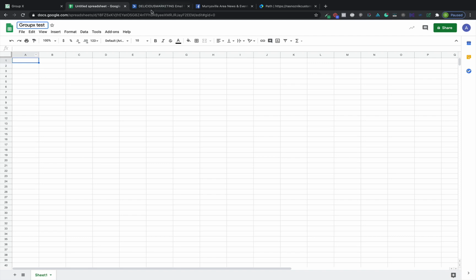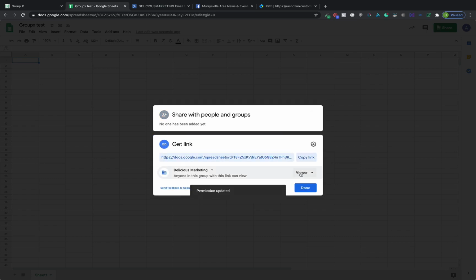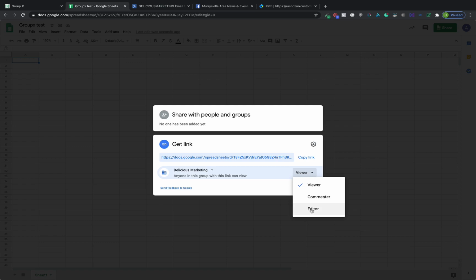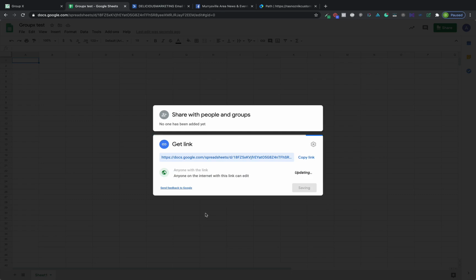groupX test. What we need to do before we grab the URL is click on share. And then we need to come down here. We need to change the permissions on this Google Sheet. We need to allow somebody from the outside of your account to be able to view and edit the Google Sheet, because we need to connect it to groupX and send the data over. So what we've got to do is click on change link to Delicious Marketing. We're going to make this an editor, and then change this to anyone with the link. And we're going to click copy link